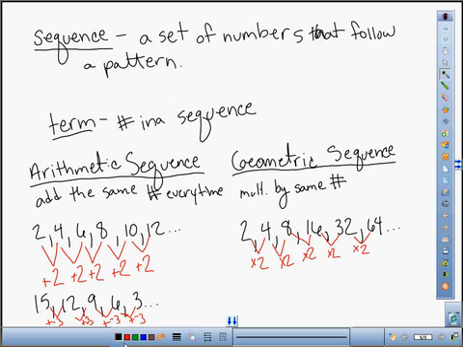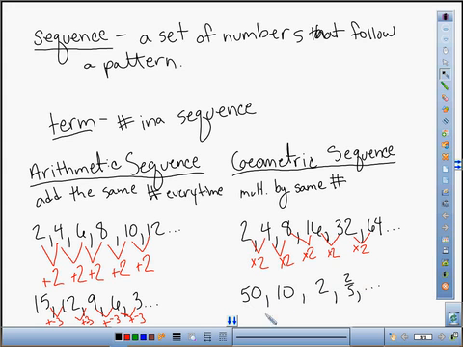Also, same idea, the numbers could be getting smaller. Okay? If we have something like 50, 10, 2, 2/5, etc. Notice that I'm getting smaller by the same amount each time. 50 divided by 5 is 10. 10 divided by 5 is 2. 2 divided by 5 is 2/5. So I'm dividing by the same number every time,